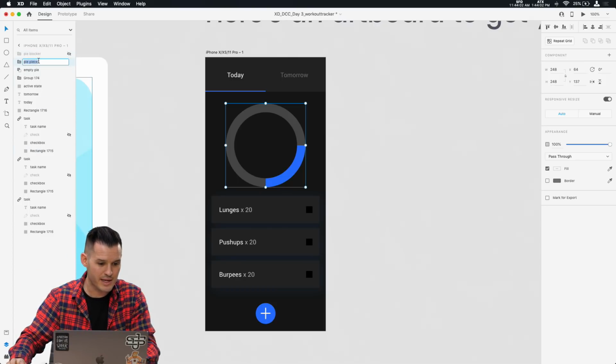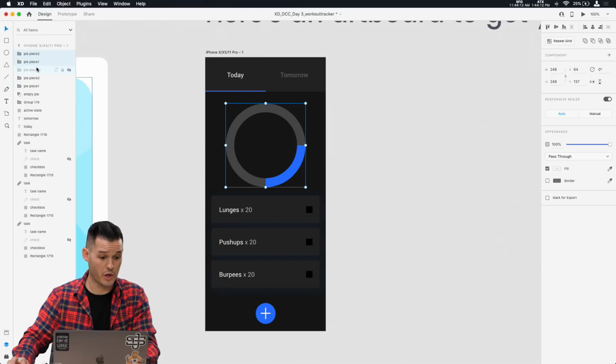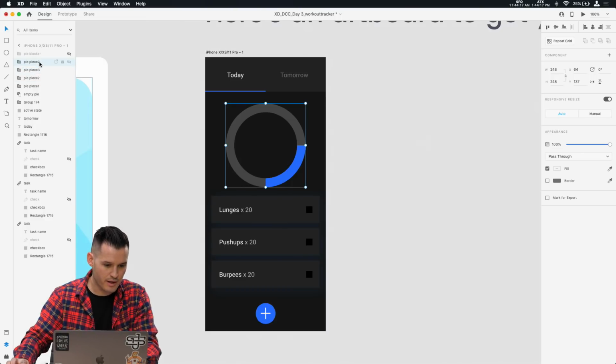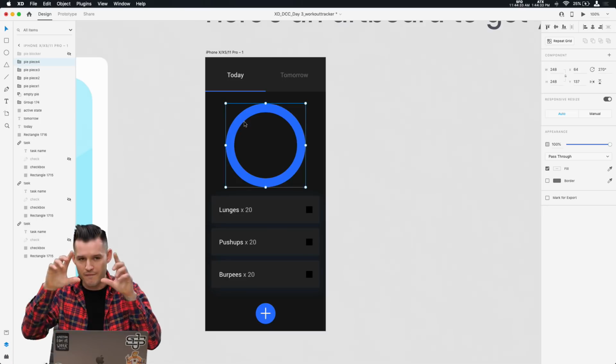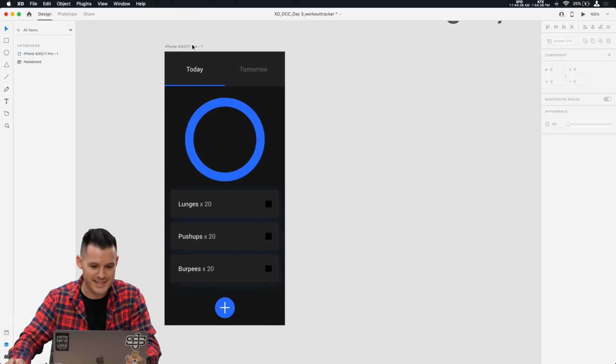So we're gonna take this pie piece and name it pie piece 1. Let's make a copy of that. Let's make pie piece 2. And let's just duplicate those one more time. Here we go. Let's make pie piece 3 and pie piece 4. And you guessed it, we're gonna do exactly what these pie pieces should do. Bang. 2 is gonna go out to there, 3 is gonna expand out to there, and 4 is gonna rotate and expand out to there to be a filled in pie. So far, so good? Okay, trying to work fast so you guys can see the completion of this thing.